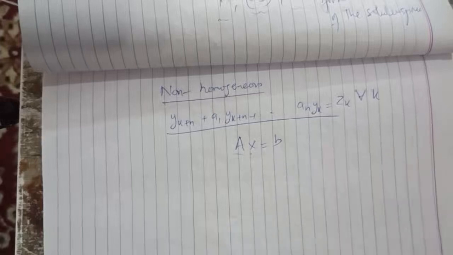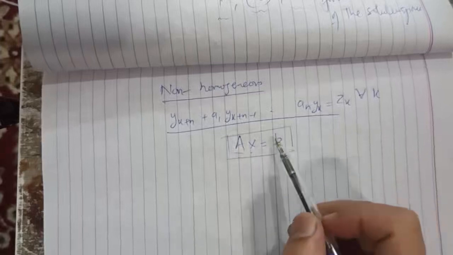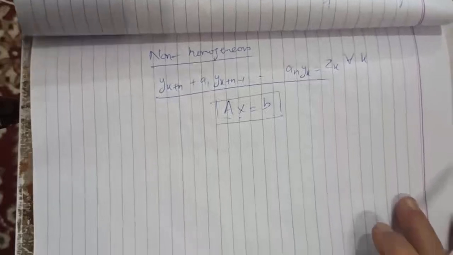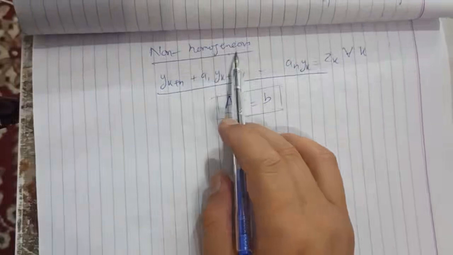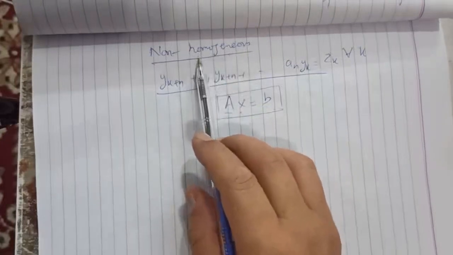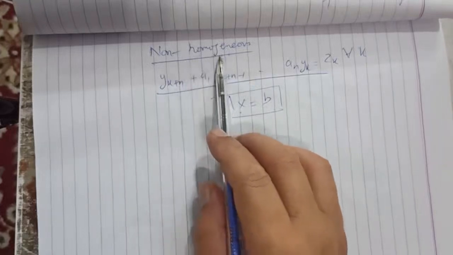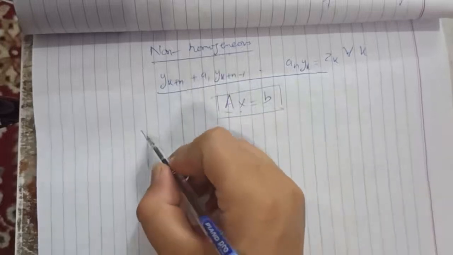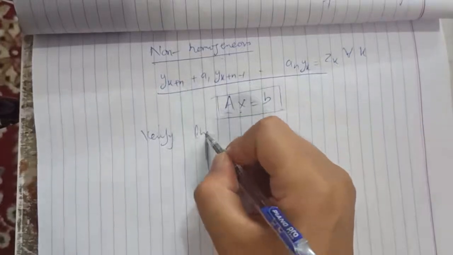So we can use that very fact that we have learned in our previous lectures to solve this non-homogeneous linear difference equation. Although there is no standard solution for non-homogeneous linear difference equations,